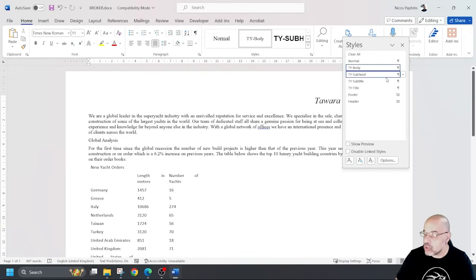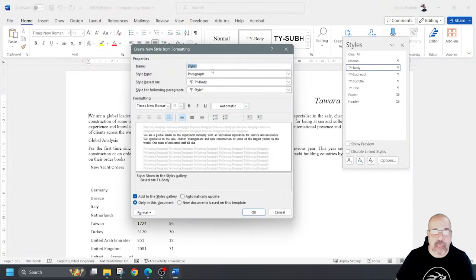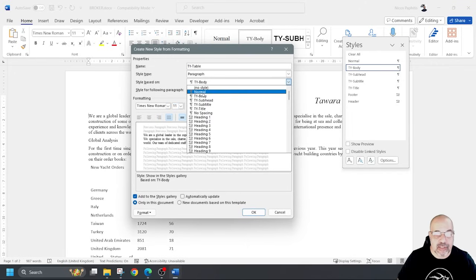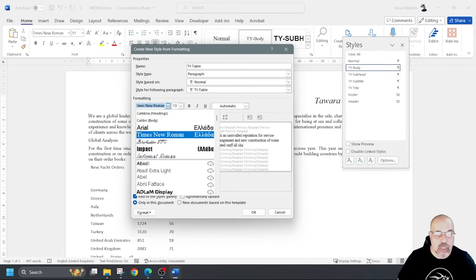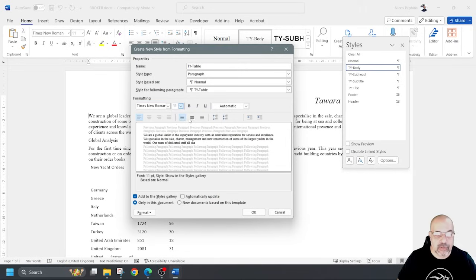All right, the next style I want to create is TY table. Again, same thing. I'm going to make sure I've clicked in that first paragraph. I know the first paragraph is TY body. I'm going to add a new style. I'm going to call that TY table. Make sure you write everything exactly the same, capital letters, small letters. I want the serif font, so it's Times New Roman, size 11. Oh, sorry, again, I need to base this on normal. Have to base this on normal. So Times New Roman, 11. And center aligned,